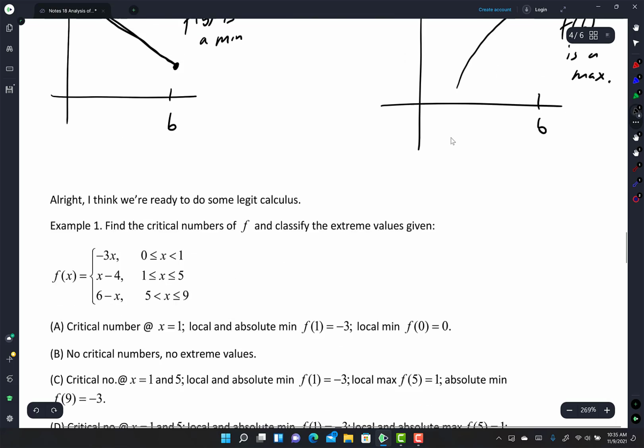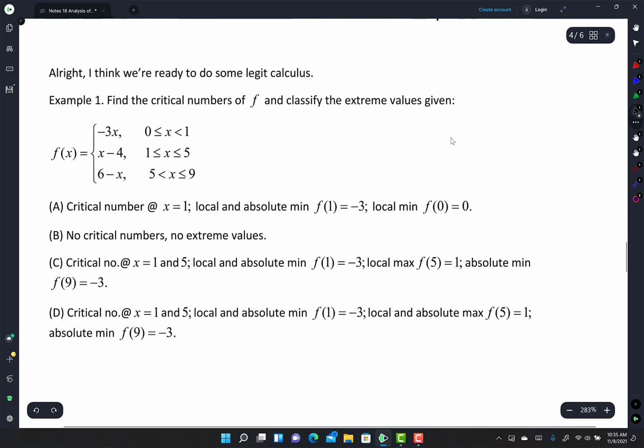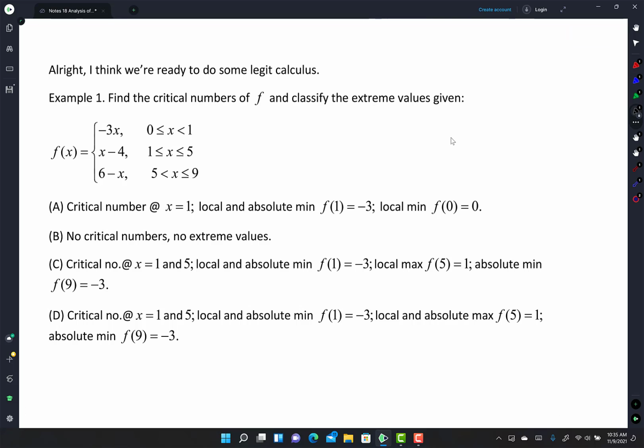All right. So here it just tells me, this is coming from UH, I believe. And it says find the critical numbers of f and classify the extreme values given. Notice that all of these are linear lines. So my left side derivative is not going to match my right side derivatives. Look, this derivative is -3, this derivative is 1, so I have a corner at 1. And then all of a sudden this derivative is -1. So I have a corner at 1, I have another corner at 5, so I have a critical point at